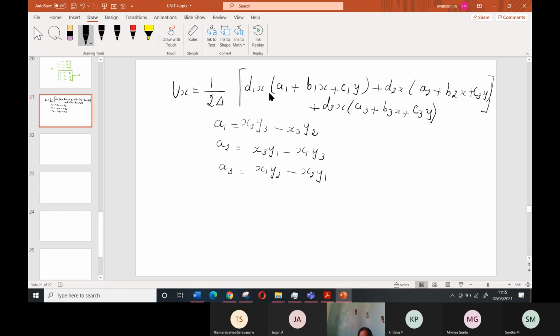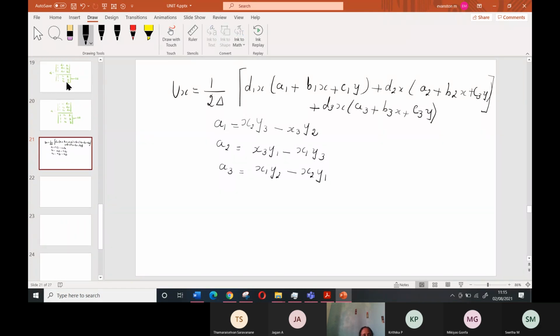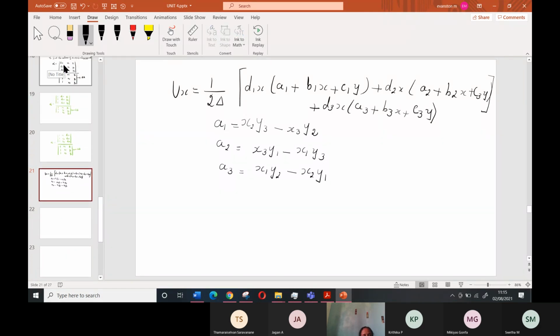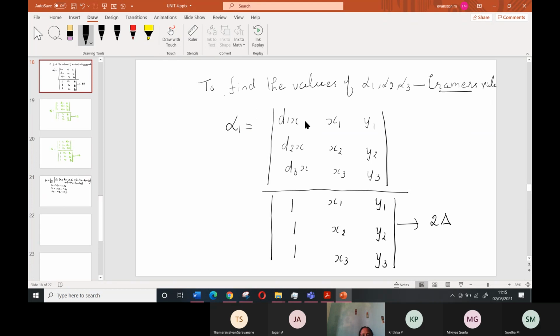What did we do? We took the coefficients of the nodal displacement, and then we wrote the shape function. So similarly, if I want to find out the value of d1x, how will I write d1x into